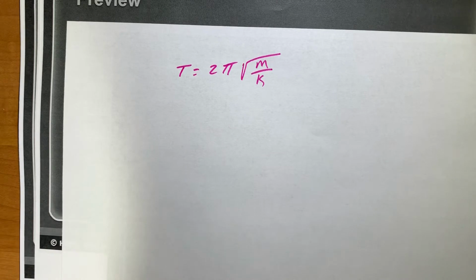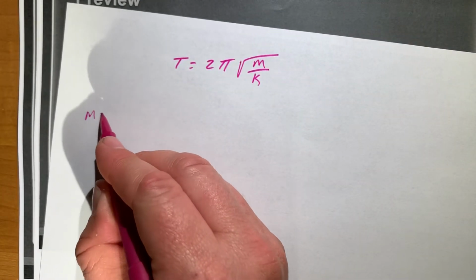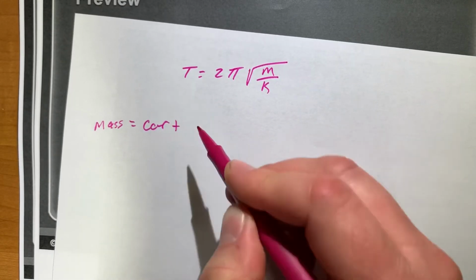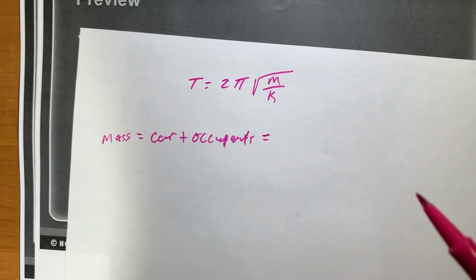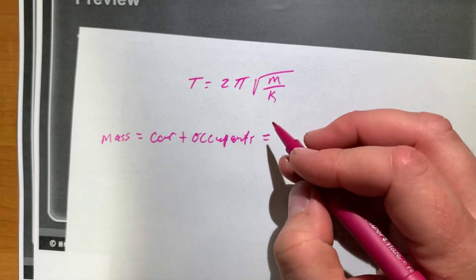So our mass in total is going to be the car plus the occupants. Okay, so that's going to give us a total of, let's see, we got